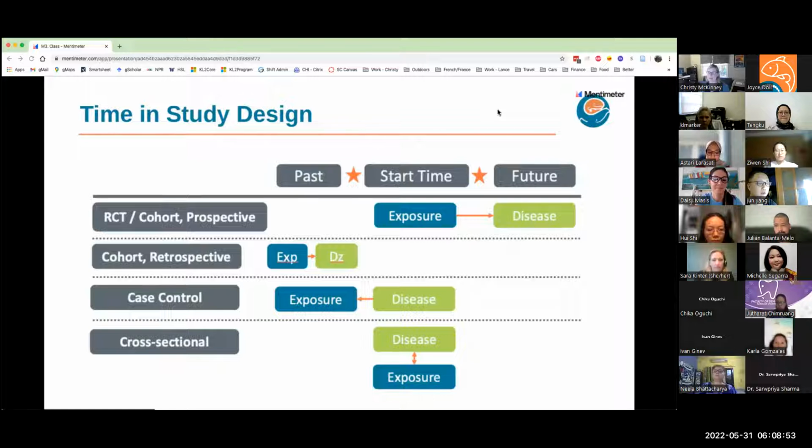They both happen in the past. And that's true, both disease outcomes have occurred when you do these studies. I think you can see that the arrows are pointing in different directions. What that denotes is that in a cohort study, we're first choosing people in a defined cohort or a defined group of people, based on exposure. So we're first identifying people without the disease, and then we're following them over time. Even though it's in the past, we have some indicator of time,